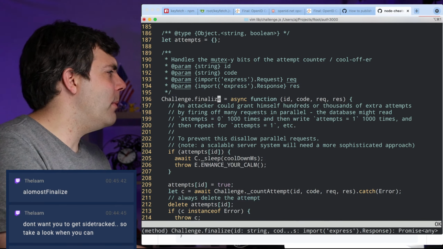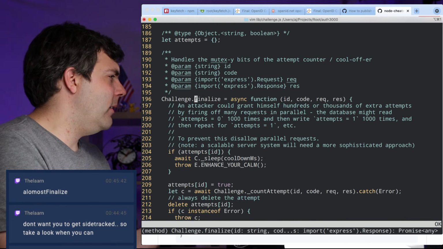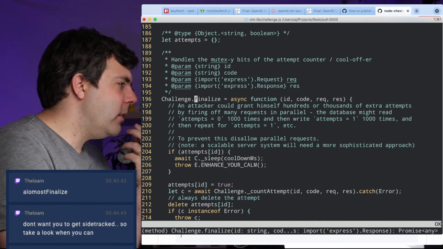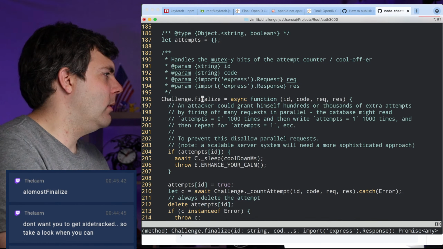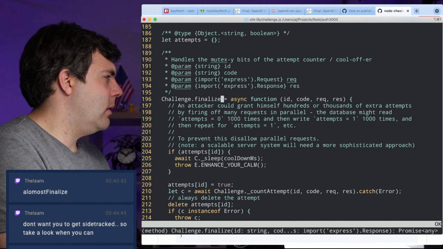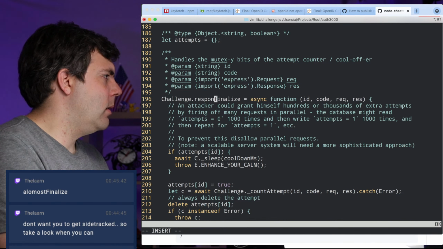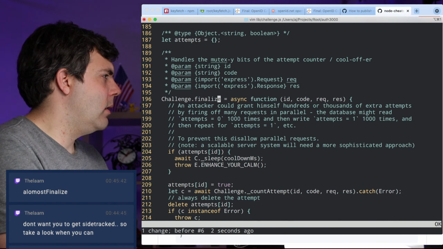All right, what do I want to name this thing? Sometimes the words are right on the tip of my tongue. It feels like there's a good word for this. Maybe it is attempt. Let's see.